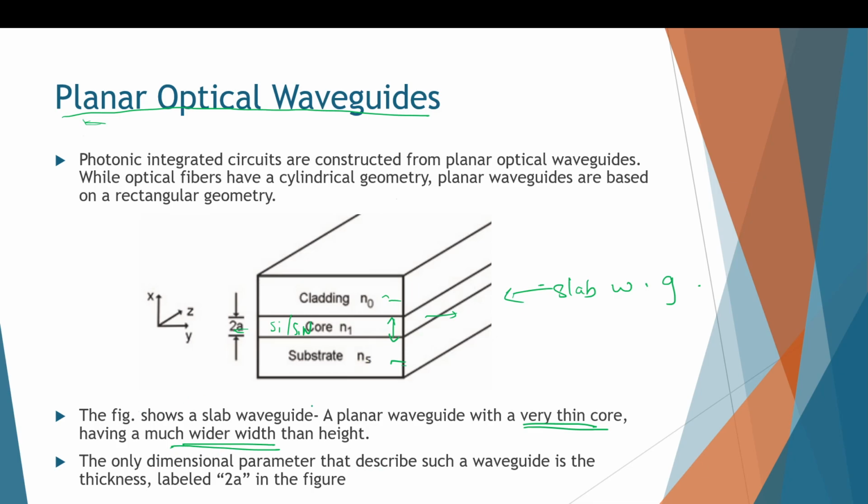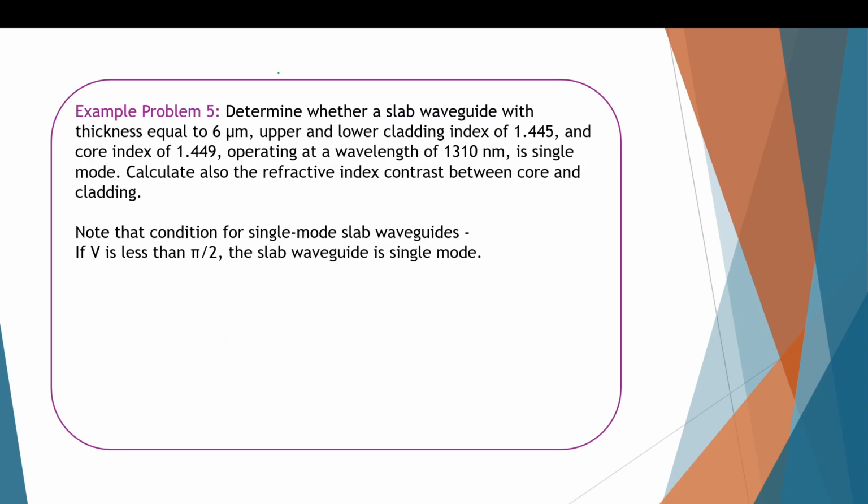So the only parameter that describes such slab waveguides is this 2A that is given here. We have just used 2A because we said A was the radius in the case of fibers. So this is like the diameter, right? That's why they have just put 2A. So similar to the fibers, now we can do the same thing for